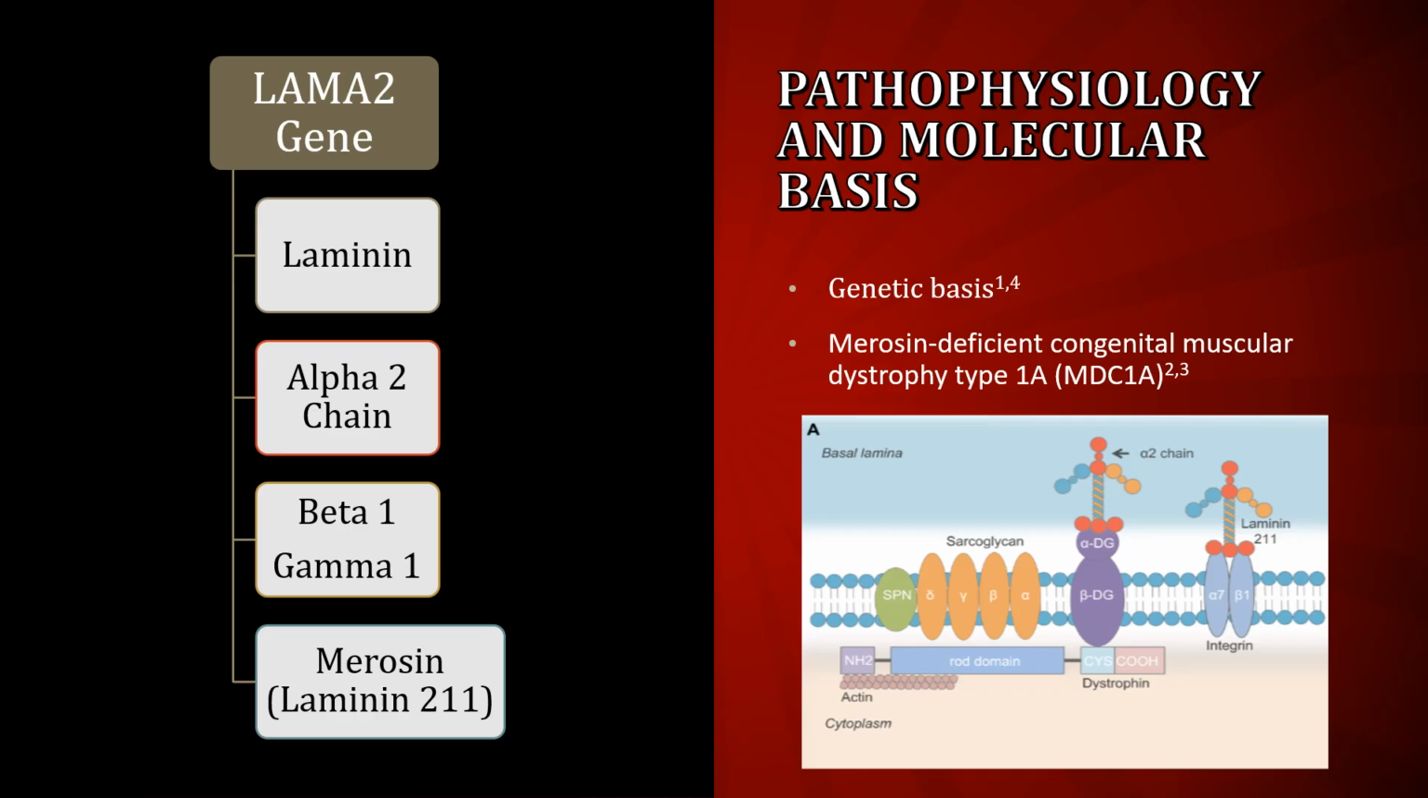So here we're going to look at the pathophysiology and molecular basis of the specific MDC1A. The pathophysiology here of this looks at the deficiency, or more likely the absence, of laminin alpha 2. This is a critical protein that enables structure, integrity, and function of the muscle fibers. In